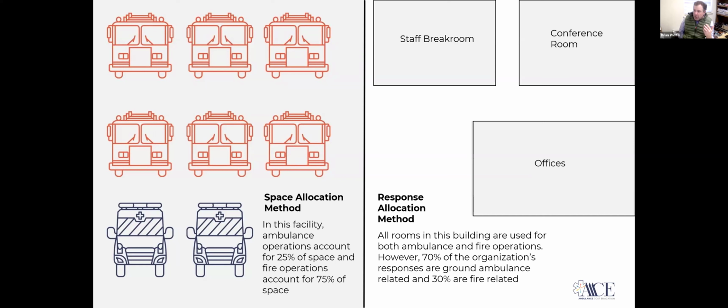For instance, if the admin office is housed within the fire station, it is likely the case that a larger percentage of the administrative space is attributable to ground EMS operations than fire operations, at least compared to the same space being used for the garage, right? Fire trucks are bigger than ambulances, absolutely. But by the same token, if I do my own billing, I have a billing department for my EMS operations, I may not need a billing operation for my fire. So again, just measure the space and then make an allocation that makes sense given your specific situation.